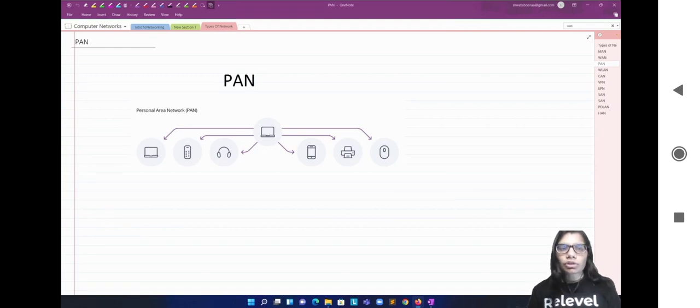Where should you not use the PAN network? If you are looking to share resources between different users, or if the distance between devices is more than a few feet, in that particular case you should avoid using PAN. So I hope this is clear to you what actually personal area network is and what are its use cases and disadvantages. So let's just move forward with your next type of network,